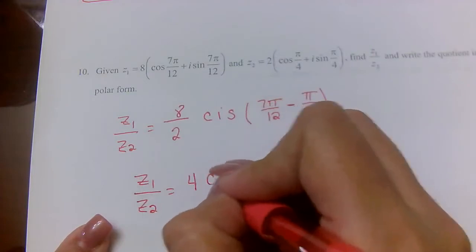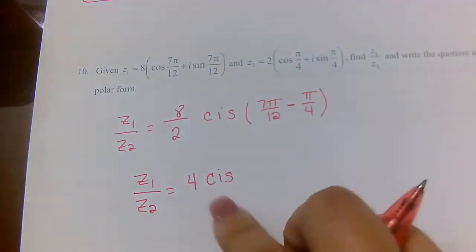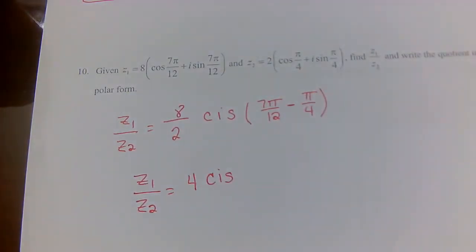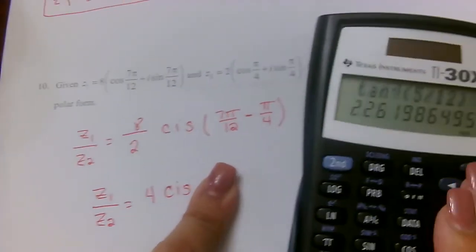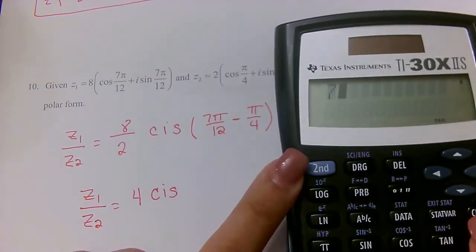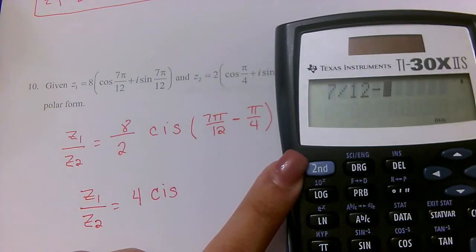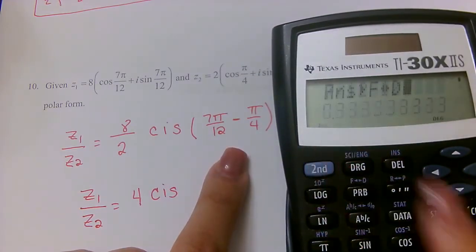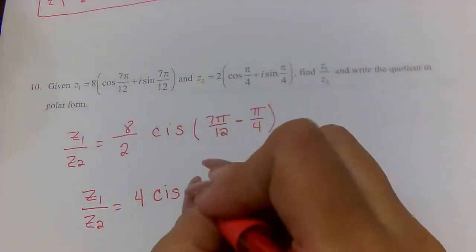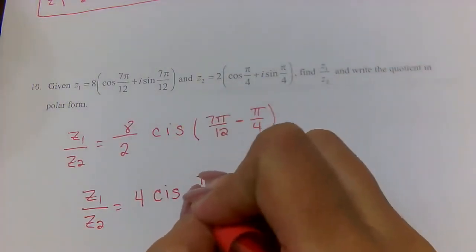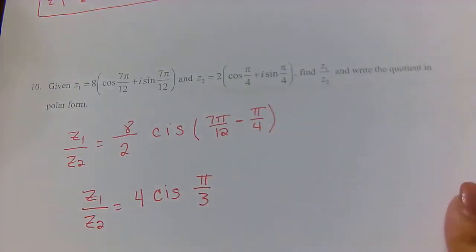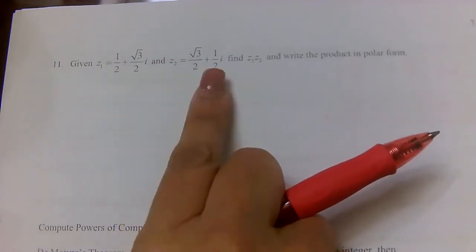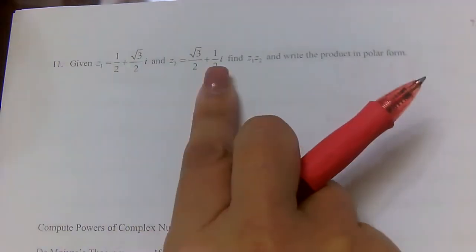4 CIS, and then let's use the calculator to get the second part. So I'm going to do 7 divided by 12 minus 1 divided by 4. So that will be 1/3 pi, or pi over 3. Number 11, we have two new formulas, but this time it's not in polar form, it's